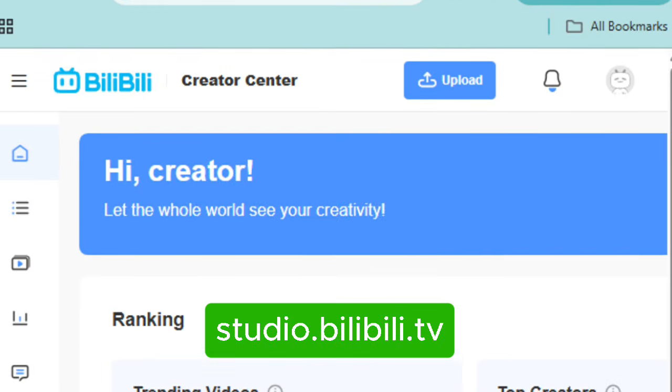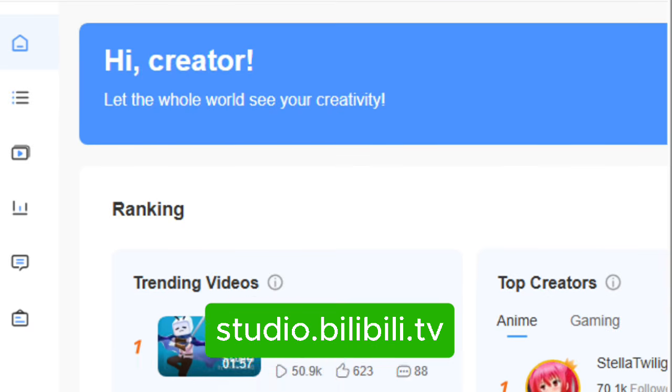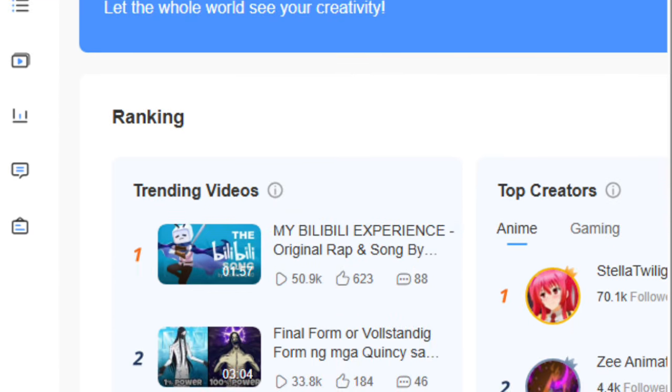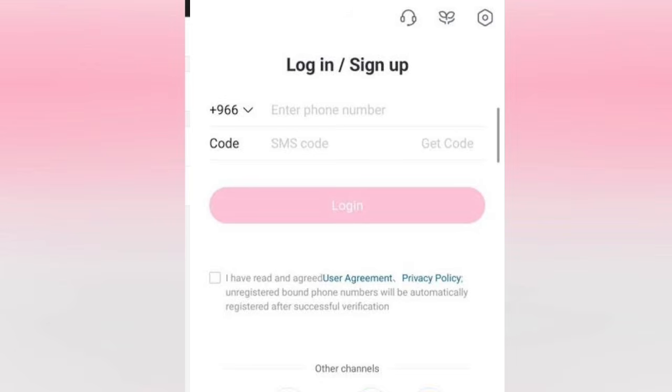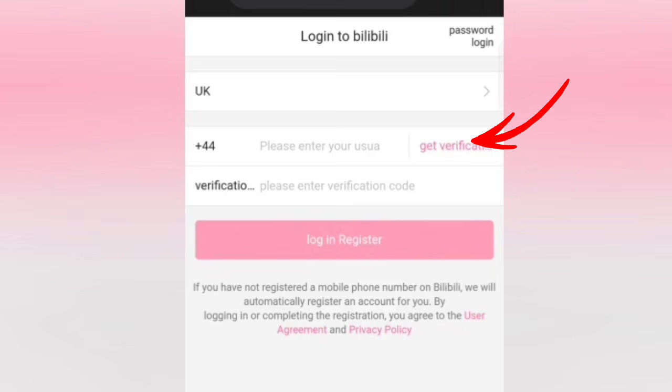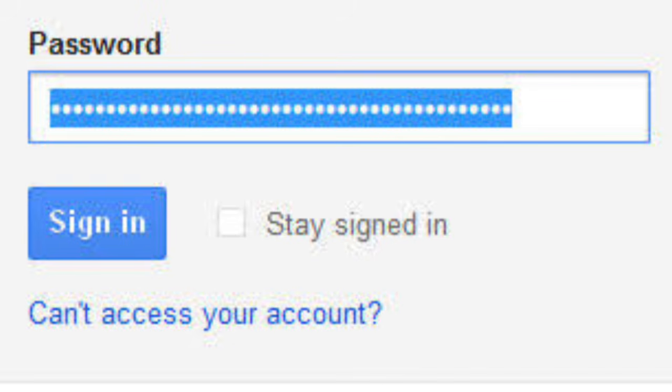If you prefer signing up on your computer or using your phone number, visit studio.bilibili.tv. You can also open the app and choose phone registration. Click the country code drop-down menu to select your international country code, type in your mobile phone number, and tap Send Code. Enter the 6-digit verification code sent to your phone via SMS, and create a password to finalize your